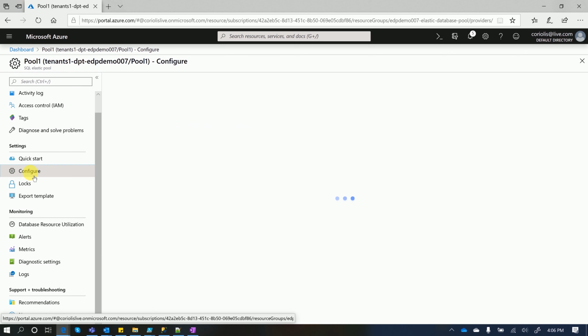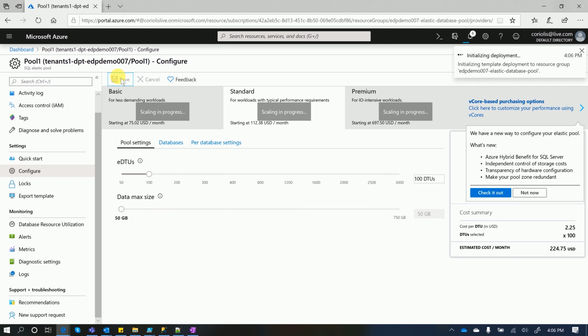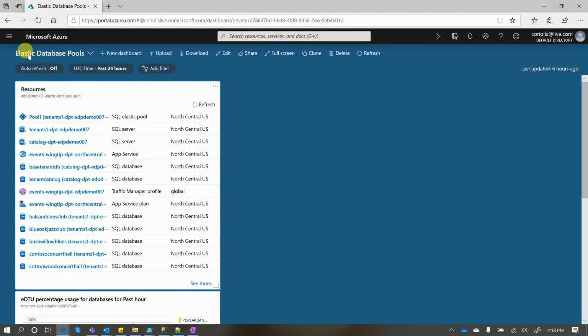Let's go to Configure. As you can see, we are running a standard tier here with 50 DTUs. Let's turn that up to 100 DTUs and see what happens. This is an example of scaling up. We hit save. Scaling is in progress. Once that scaling is complete, if we go back